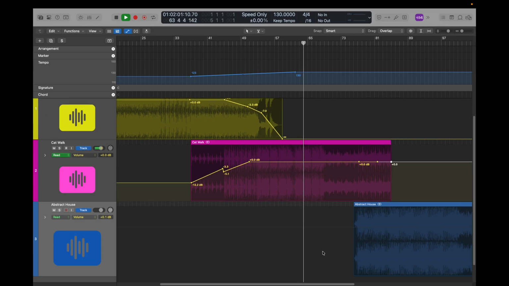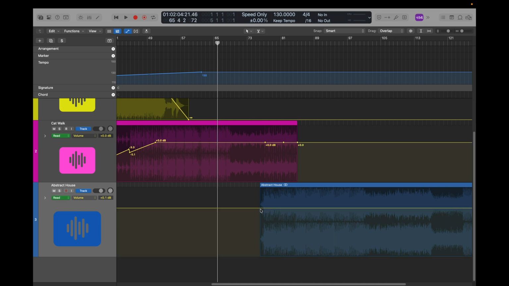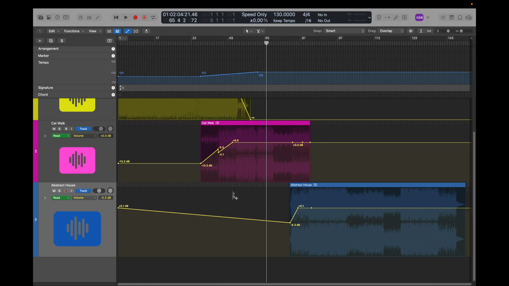Now that we've given the tempo one extra bar to speed up, it fits well within the transition, and the volume between both songs is nice and controlled. For this next transition, since it's only 8 bars, I'm going to fade the volumes faster. At the end of the 4th bar, I'll have the volume of the 2nd song take over and slowly fade